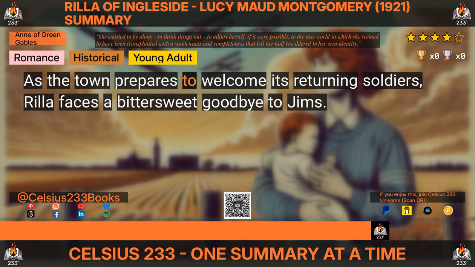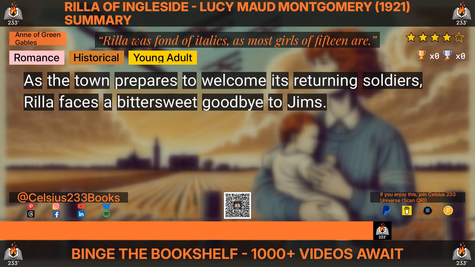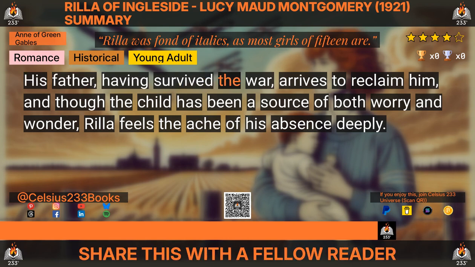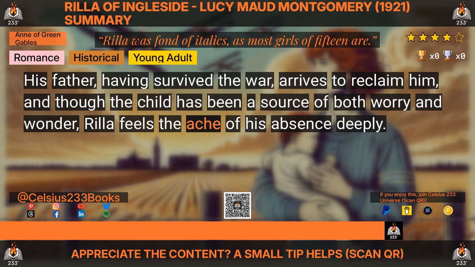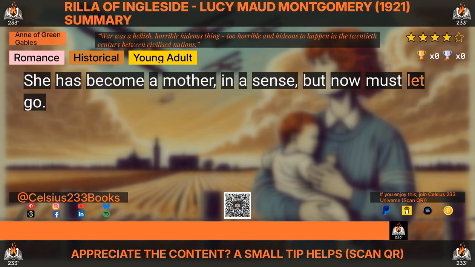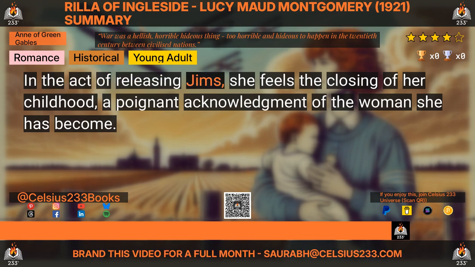As the town prepares to welcome its returning soldiers, Rilla faces a bittersweet goodbye to Jims. His father, having survived the war, arrives to reclaim him, and though the child has been a source of both worry and wonder, Rilla feels the ache of his absence deeply. She has become a mother in a sense, but now must let go. In the act of releasing Jims, she feels the closing of her childhood, a poignant acknowledgement of the woman she